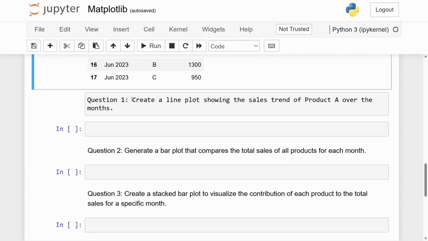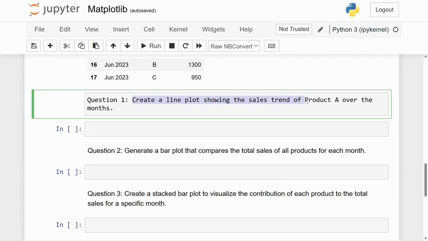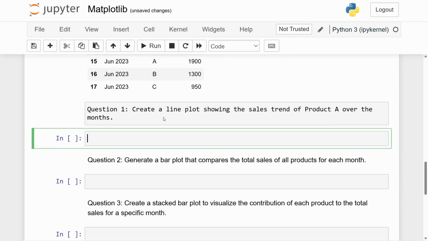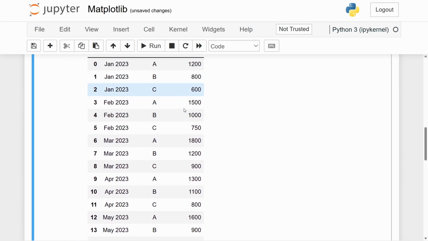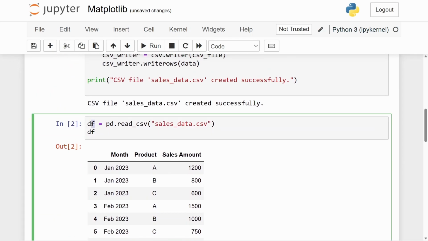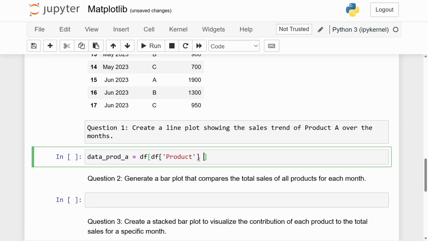So the first question says, create a line plot showcasing the trend of product A over the months. So we're clearly looking at showing off the trend, which includes the line plot. So what generally you would do to plot a line plot is just to type in plt.plot. But before we do that, what I will do is extract all of the records where the product is A. So first let me just create a variable, data_product_A, and then I will have that to be df[df['product'] == 'A']. By the way, df is our data frame that I created right around here, and we can just mention that to be A,